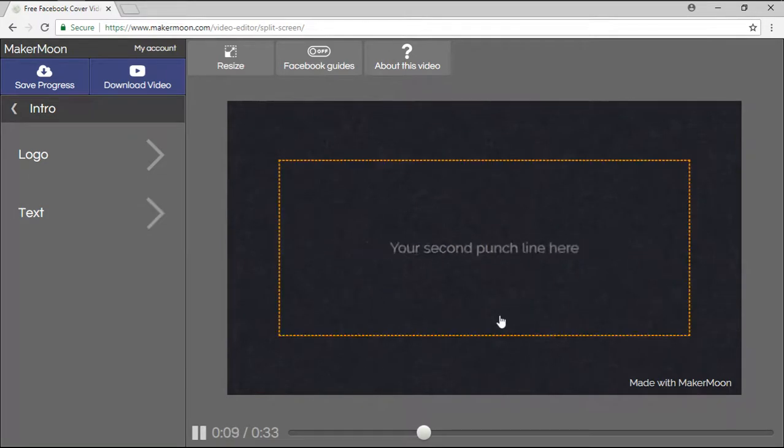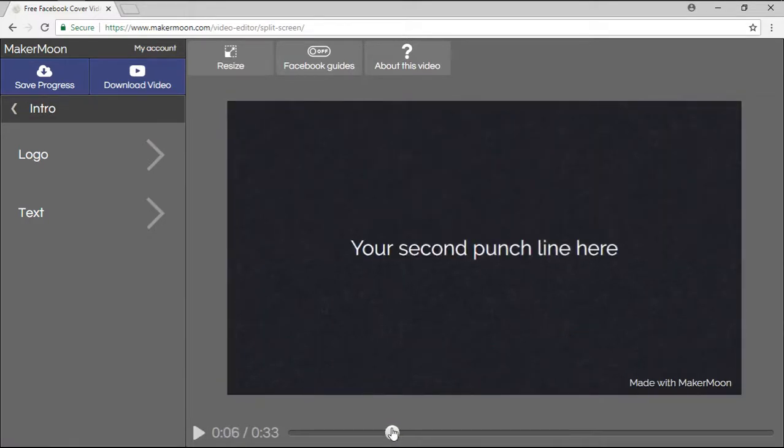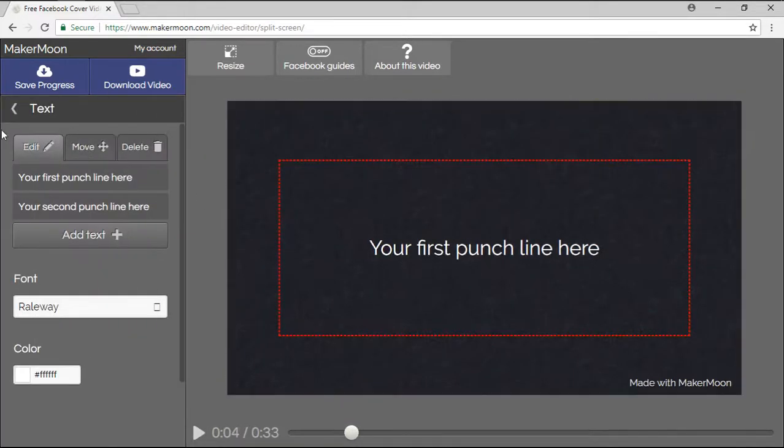To edit the punchlines, you just click on the orange rectangle here. It's going to open the text tab. Here you can edit the text lines. You can add one by clicking on the Add Text button. You can move them around by clicking on the Move tab right there, or you can delete them using the